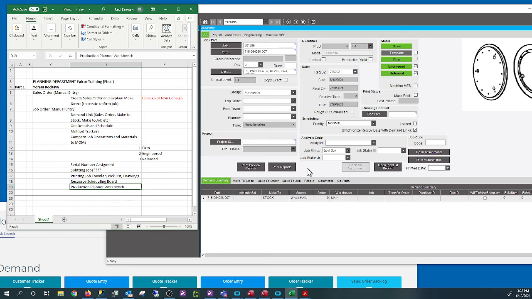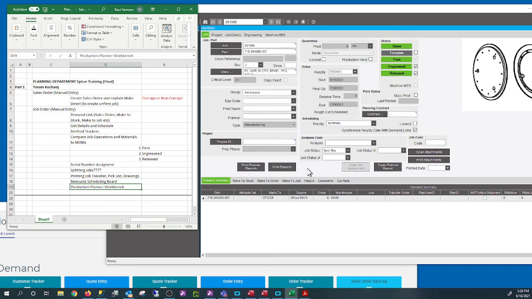In Epicor, when you enter the new order using the sales order, if there is a part in stock, you can allocate that sales order linked to that in-stock part so they can reserve it. Am I correct? That's in the fulfillment workbench, yes. So you don't need to create a job. Everything happens at the sales order screen.